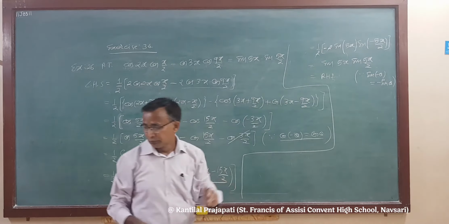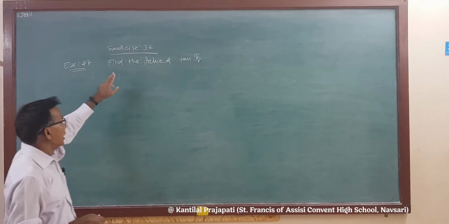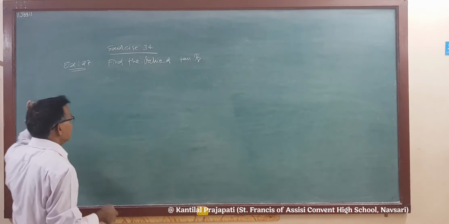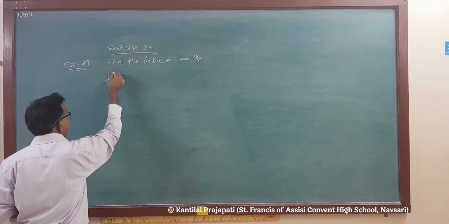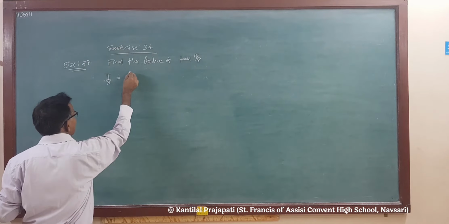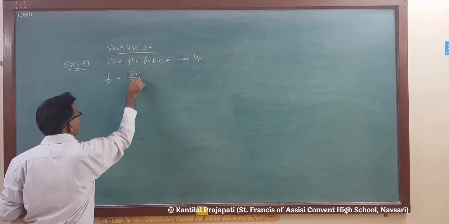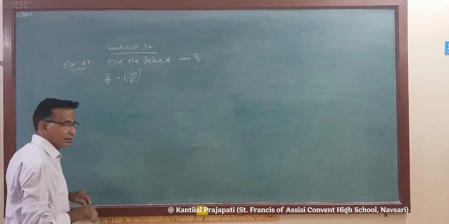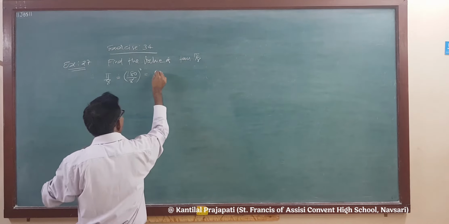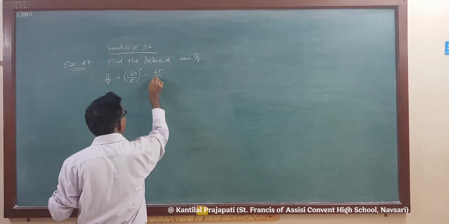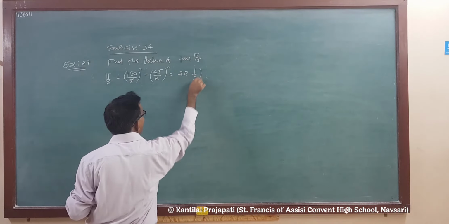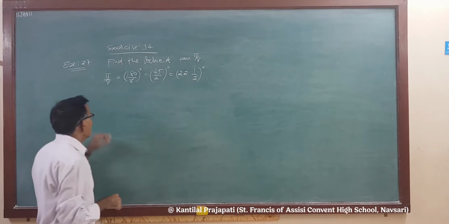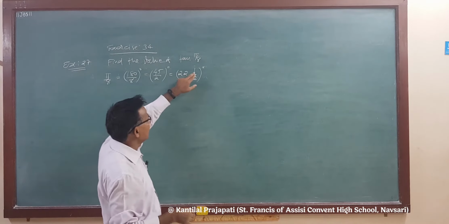Okay. Right. Find the value of tan pi by 8. So we first convert pi by 8 into degree measure also. Pi by 8 radian is equal to what? 180 upon 8 degree. I have written it directly. 180 upon 8, that is 45 by 2 degree, or this is also written as 22 and a half degree. So pi by 8 radian is nothing but 22 and a half degree.